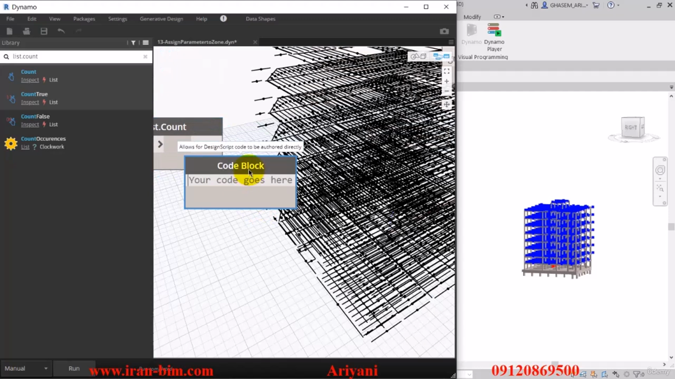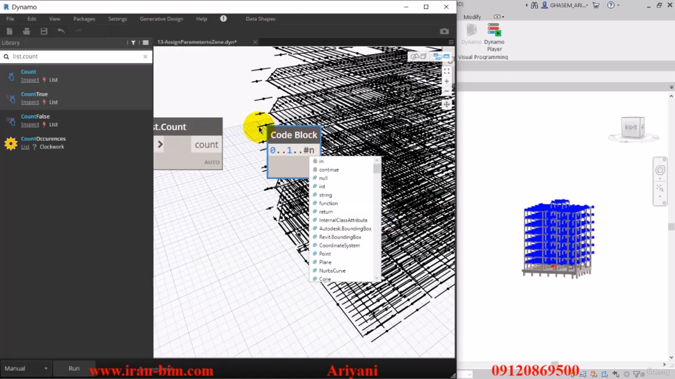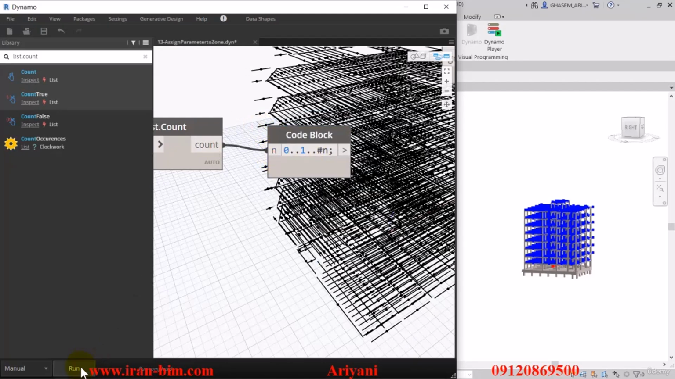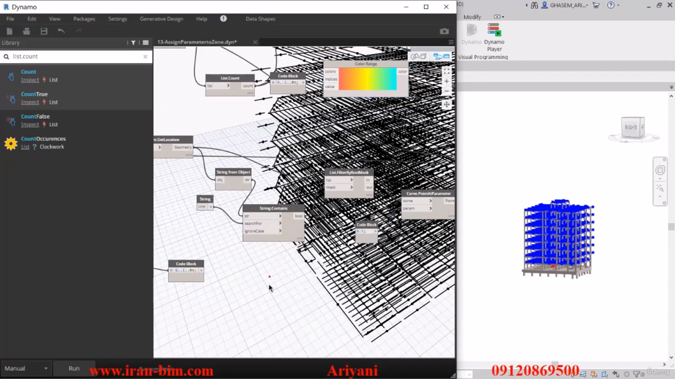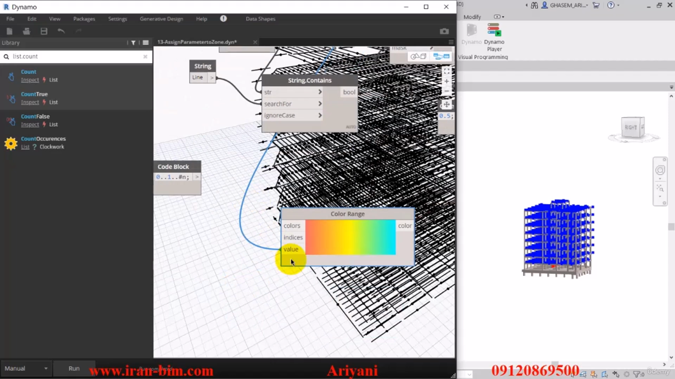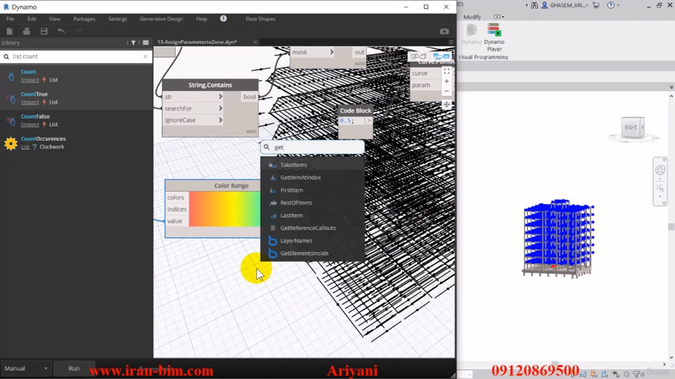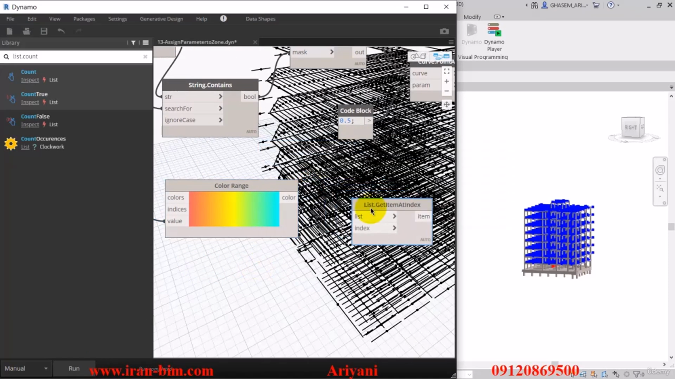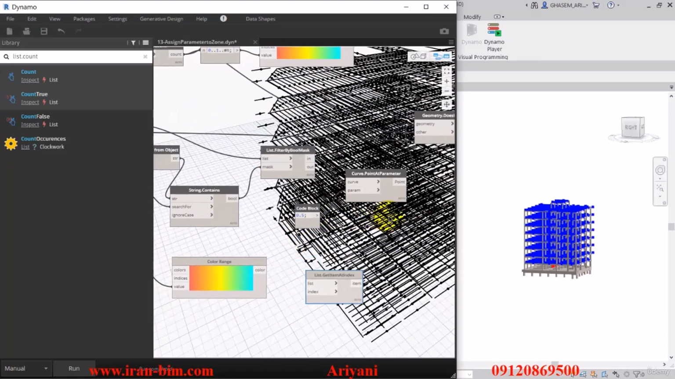I'll make a code block and write in from 0 to 1 and up to hashtag in and connect it to the count and hit run. Now what this does, it counts up to the 108 and then I'll copy the color range, bring it down here, disconnect it and connect a value to the code block here instead. Run. And all right, the next package is the get item at index,